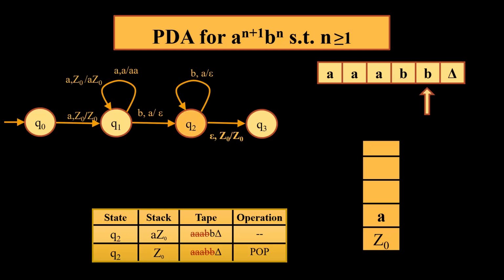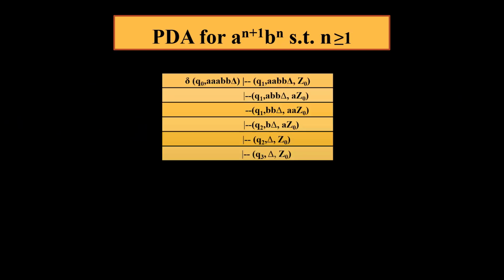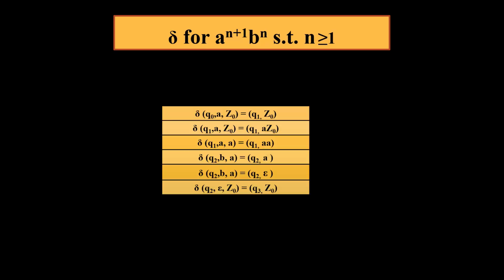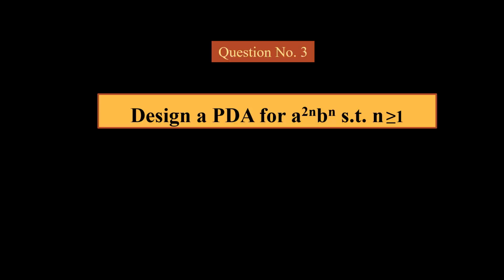Next we have the second B, we are in state Q2. Again a pop operation is performed. When we come to the end of the tape, the stack is empty, so we are in the accept state. So this contains the description for A^(n+1) B^n and the transitions for A^(n+1) B^n corresponding to the machine. We have all the transitions laid down with state change, push and pop operations being performed.